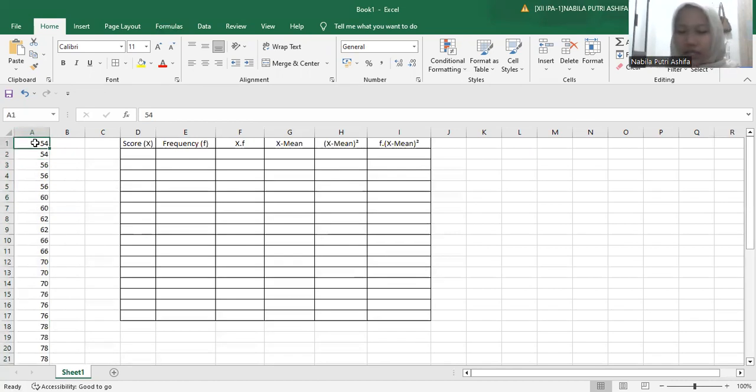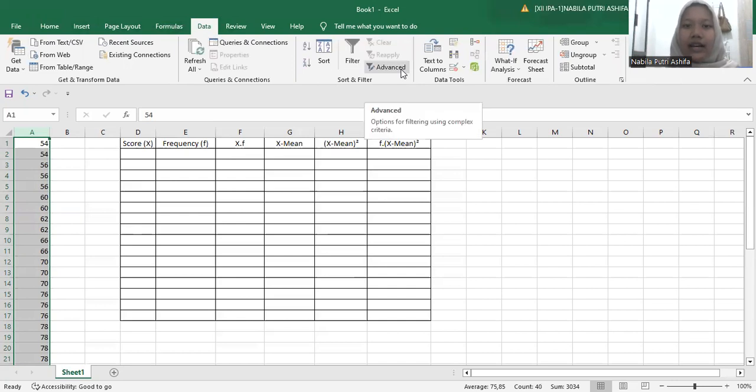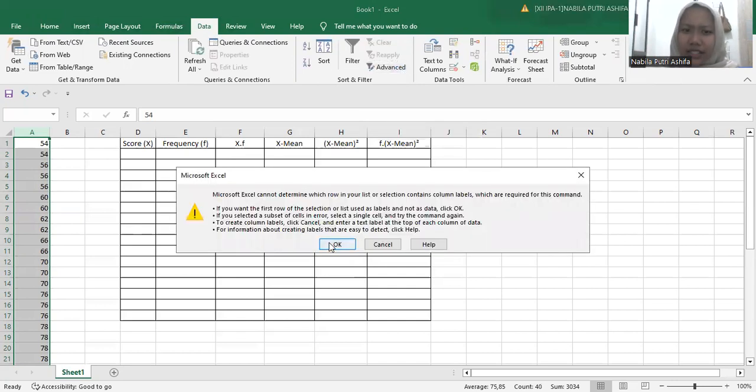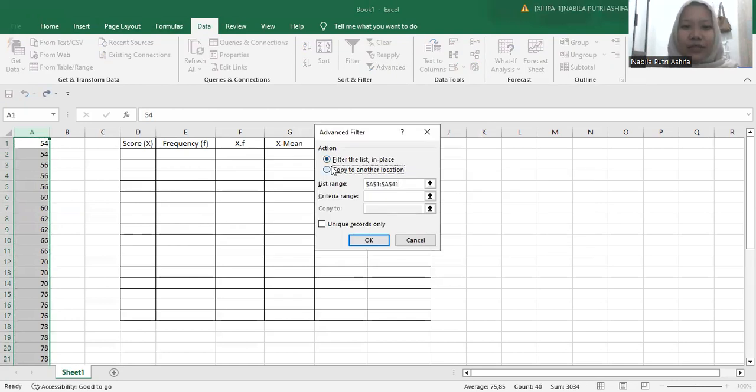The easy way, or quick formula, to fill the score is to click rows A, then click Data, and Advanced, click OK, click Copy to another location, and then copy to the blank columns, in here for example, and